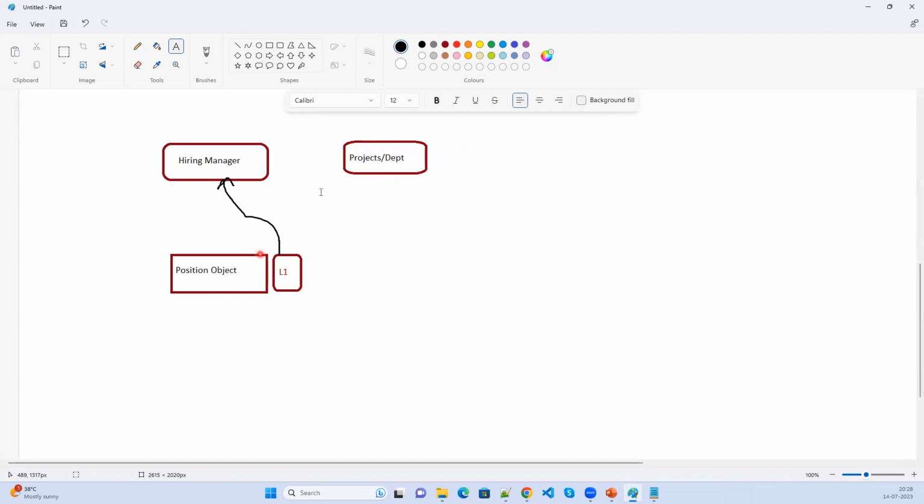I need to have a relation between these two. That means I have to implement one more lookup relationship on the position object, which is L2. Now, which will be connected to the